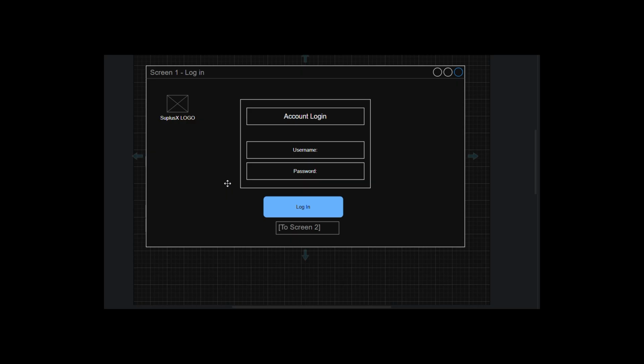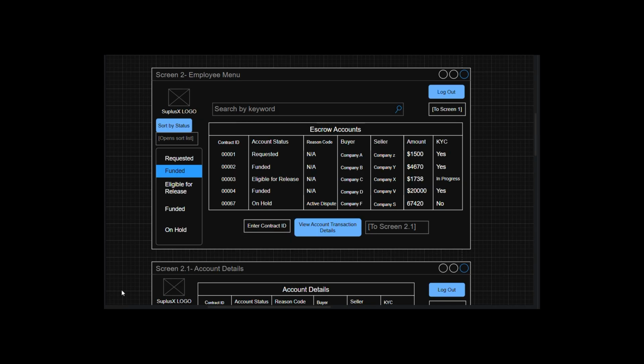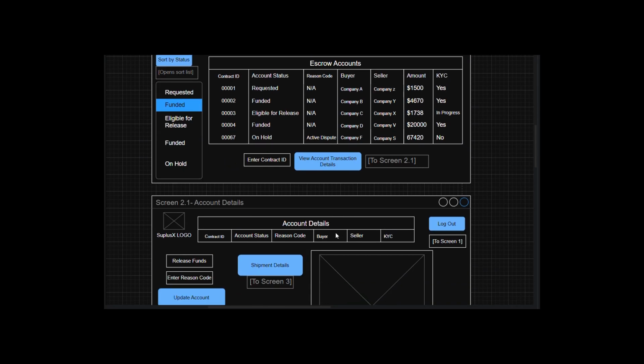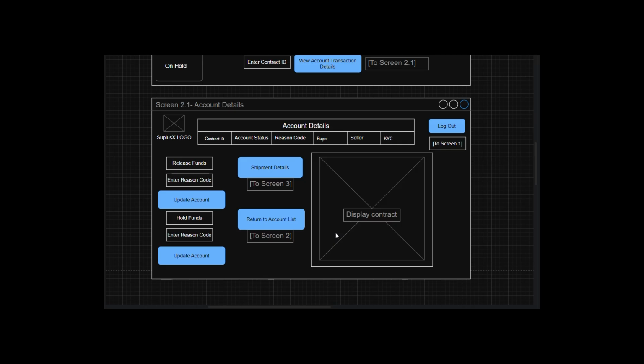Beginning with the classic login screen, employees can enter the username and password and log into the Surplus X website, where it takes them to the employee menu, which lists out all the active escrow accounts. Now these accounts can be sorted by status here on the left, and the idea is that if, say, an escrow account was just created after a deal was finalized by a buyer and seller, it can be filtered by requested. The employee can then enter the contract ID, and that takes them down to the account details screen, where